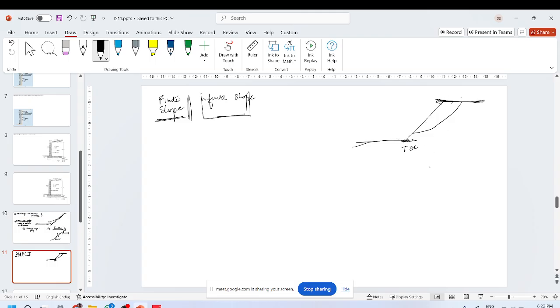But infinite slope, it's not like it is infinitely extending in space. That is not possible. What it generally means is that usually the slope is quite mild and it is long, such that